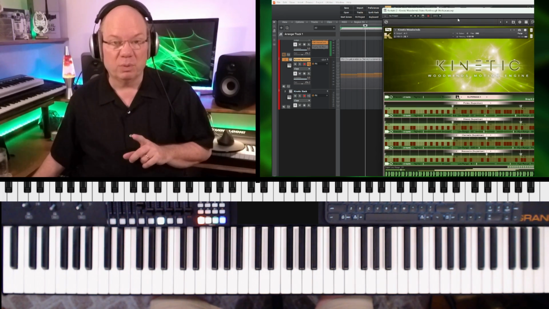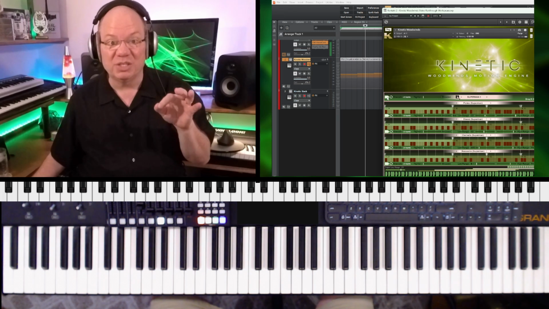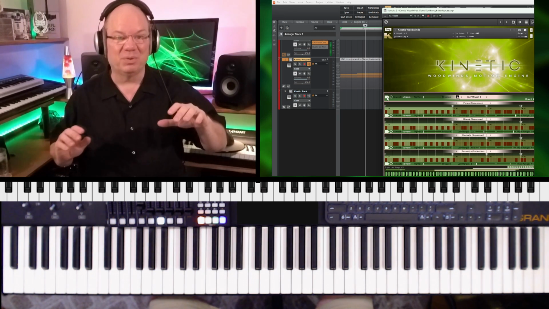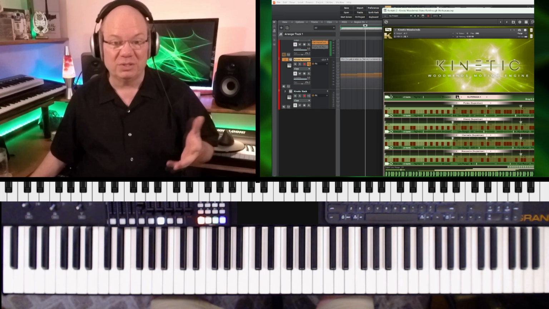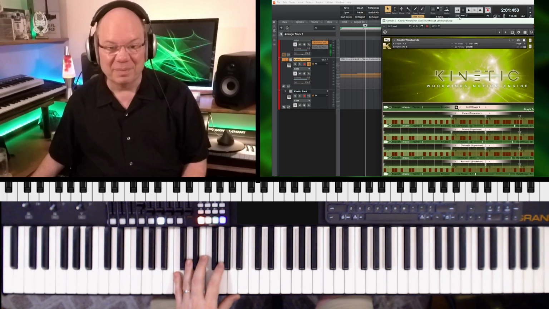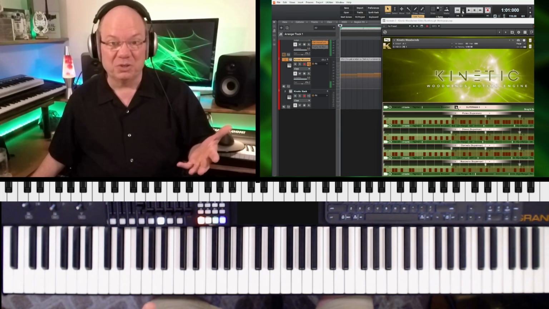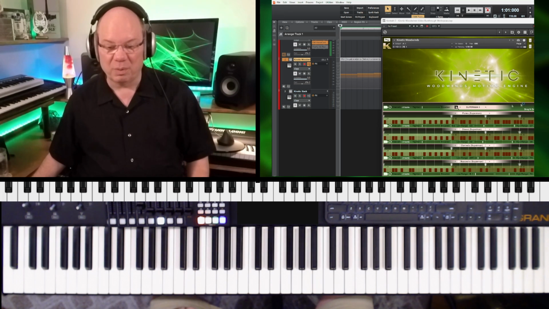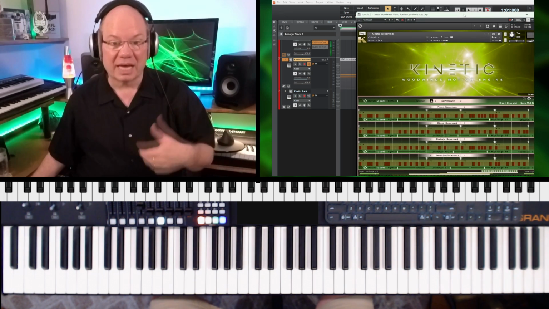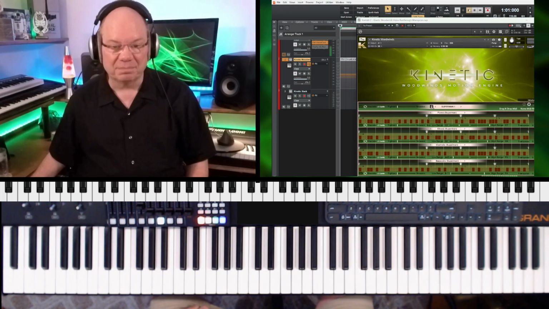What you've got to remember when you're playing back these MIDI files is that you want to have the engine disengaged, because if you have the engine on, let me show you what happened. It's going to trigger the engine and play what you recorded. So what we want to do is use this flag at the top to turn off the motion engine to all of the timelines. And now when we play this back,